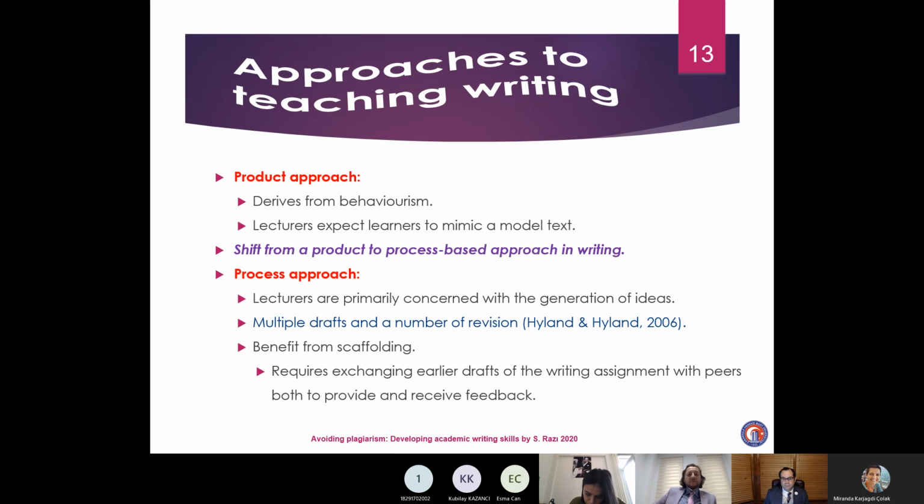However, later we see a shift from product approach to process approach. What happens in the process approach? We now give more priority to the generation of ideas. Therefore, we encourage our students to submit several drafts, and then we give the opportunity of feedback. Where does feedback come from? Okay, the feedback might be coming from teachers, feedback might be coming from peers, or it could be